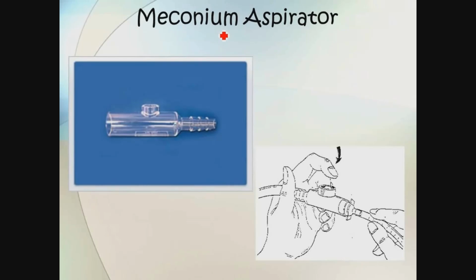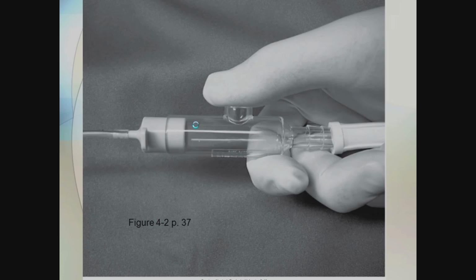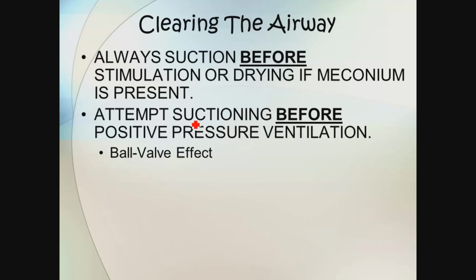Exactly. This is what a meconium aspirator looks like. It fits on the end of an endotracheal tube, and it's basically just a suction apparatus. So I'm using the endotracheal tube as a suction catheter, and able to remove as you go. Kind of a Yankauer for babies. There you go. Always suction before stimulation if meconium is present,